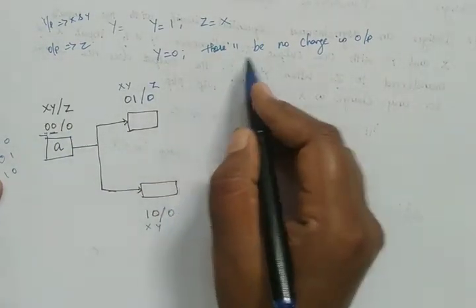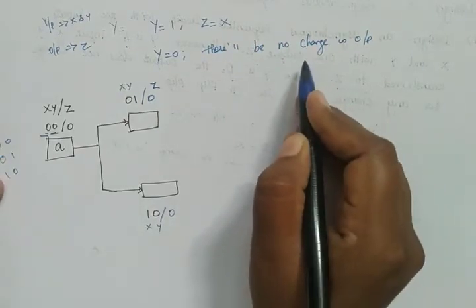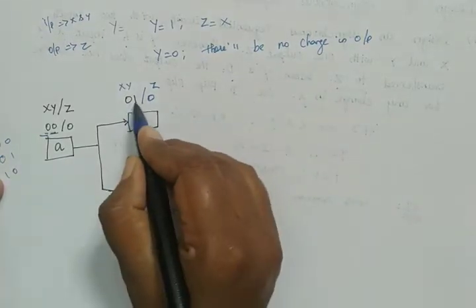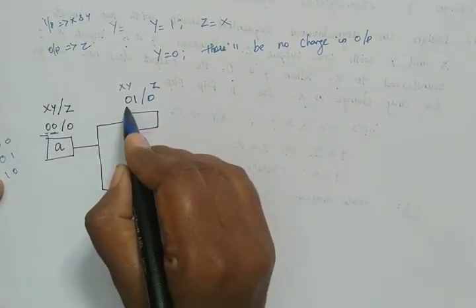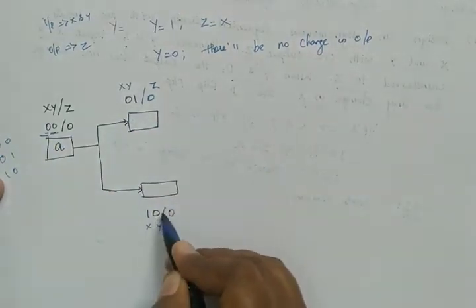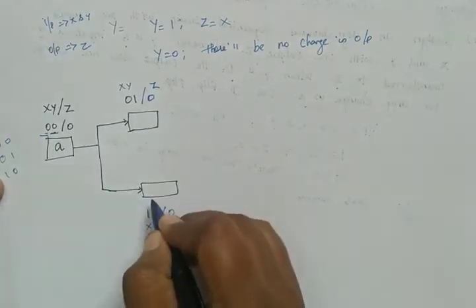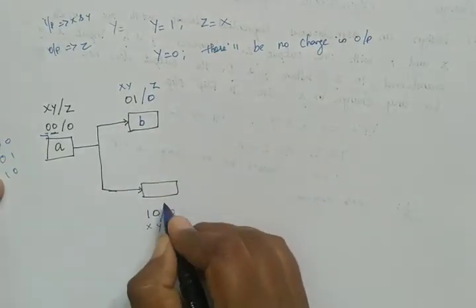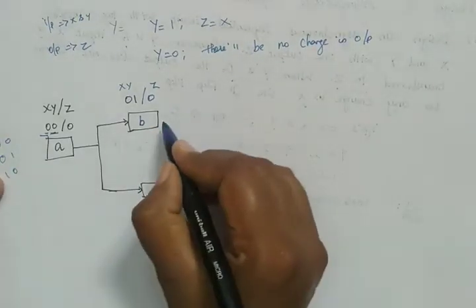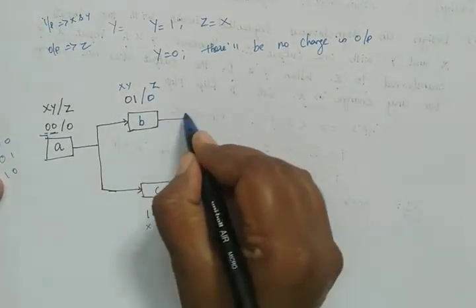So here we have to follow this condition because this is the question. So 0 1, 1 0, because here we have 0 0. For 1 bit change, either we can write 0 1 or 1 0. These two are new states, isn't it? So we can give a name for this. This is B, this is C. That's it.